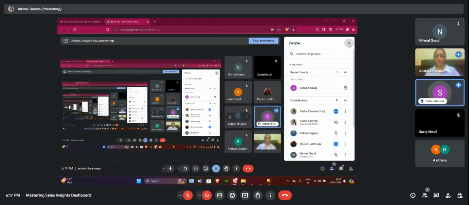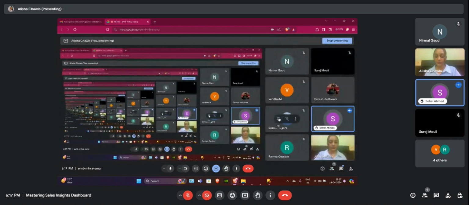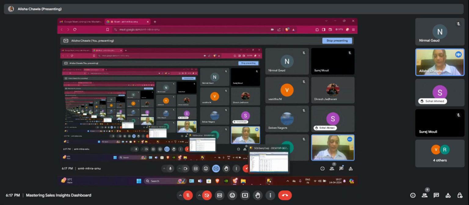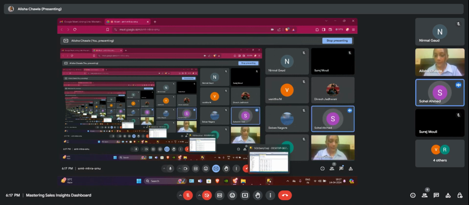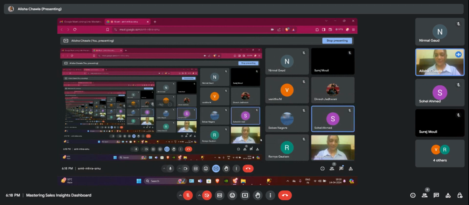So I want to know what this data set is. It is related to sales data. So in the sales table, we have our suppliers data, we have transactions of our suppliers, and we have the market data. Are you sharing this data somewhere, or is it open data? It is open data. I will share it with you. Yeah, it would be really helpful. Thank you. Okay, for sure.